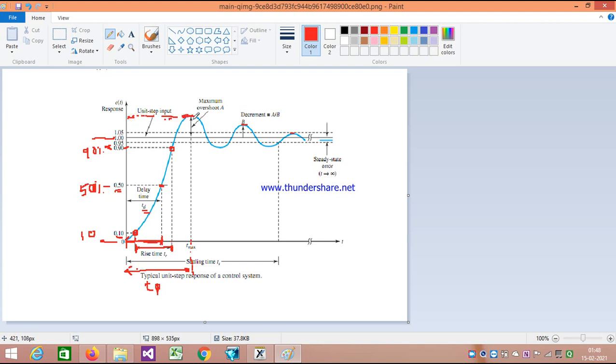So what is the peak time? The peak time is the time required for the response to reach the first peak of the time response. This is the first peak. So it is the time required for the curve to reach up to the first peak. That time is called the peak time. From 0 the curve goes towards the maximum first peak, that's why it is called the peak time, right? And the last point is the maximum overshoot, or we call it the settling time.